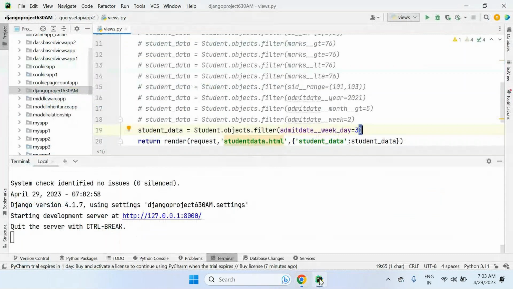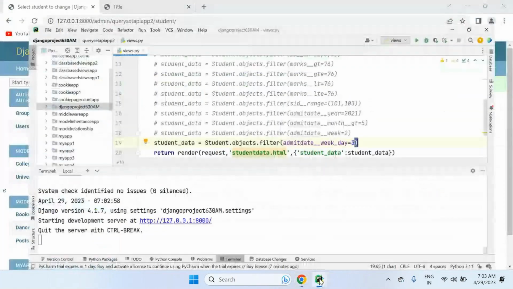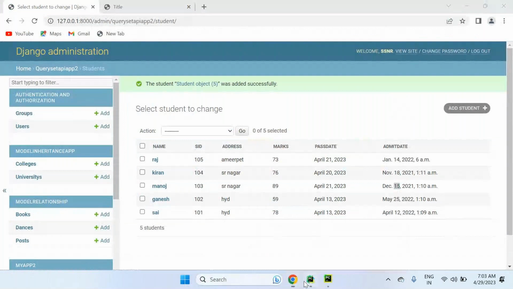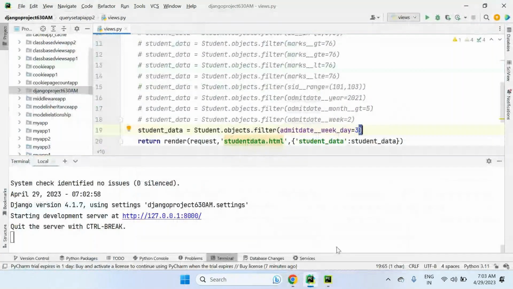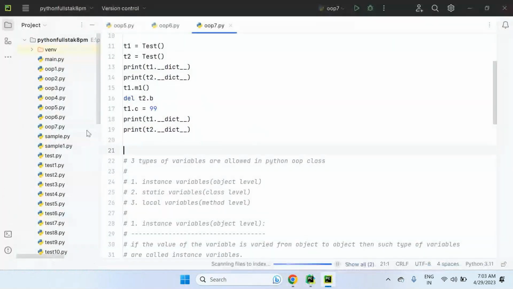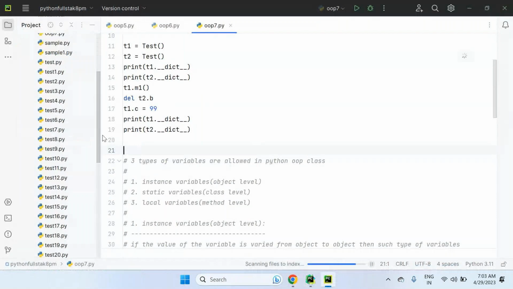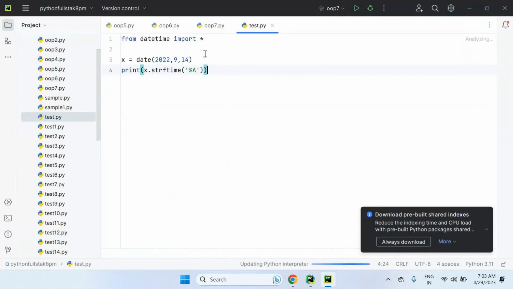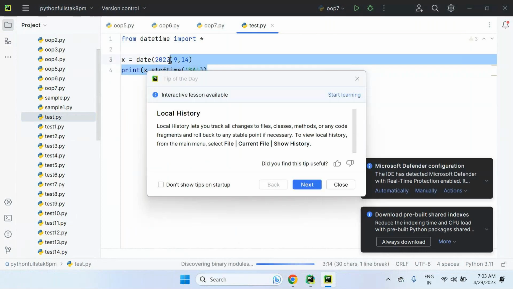You can calculate what day December 15, 2021 was by using normal Python logic with datetime. So here I'm trying to take 2021,